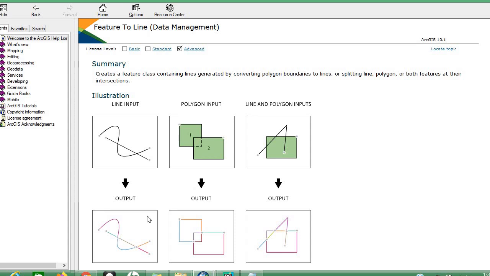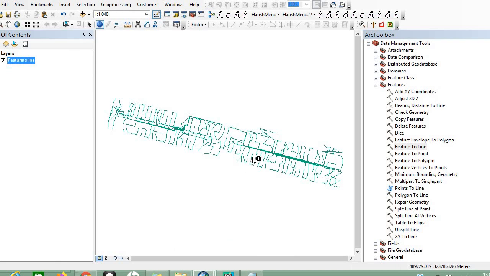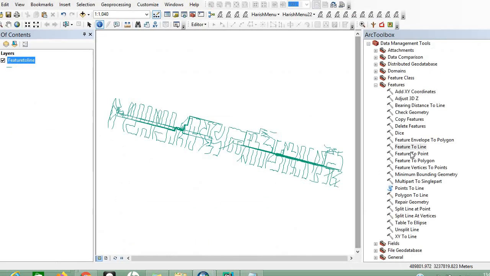There, okay. If you see the polygon also, here the polygon is getting broken, and here also the polygon is getting broken. Here, with a combination of polygon and line, wherever intersections are there, the polygons, meaning the feature, is getting broken. Here also there is an intersection, and the line is getting broken. Like that, the feature has been getting converted to line. Okay, next we will be looking at one more thing, feature to point.